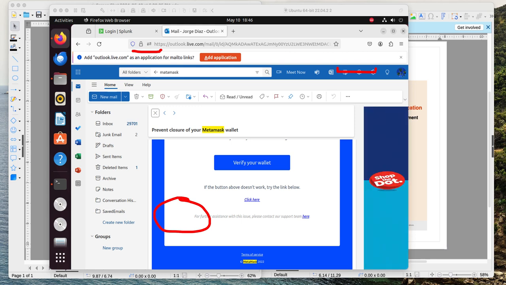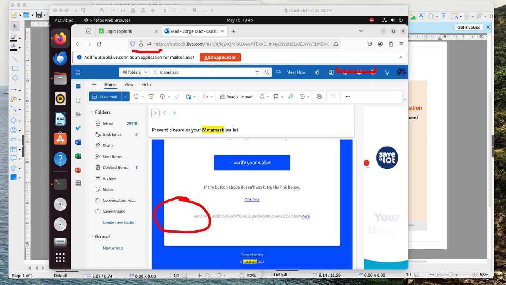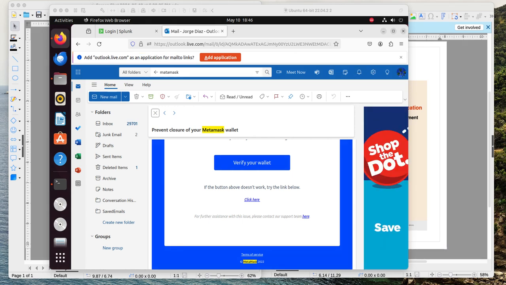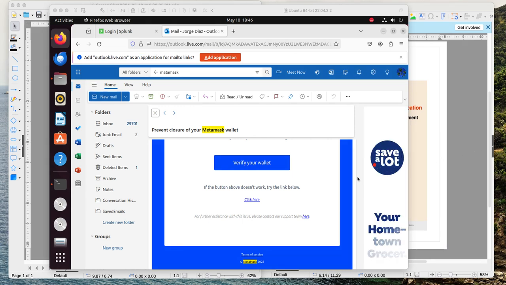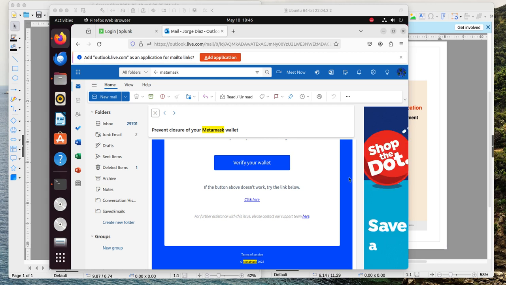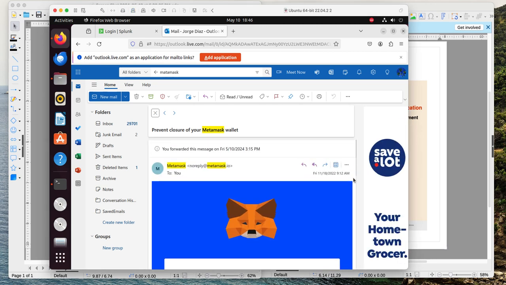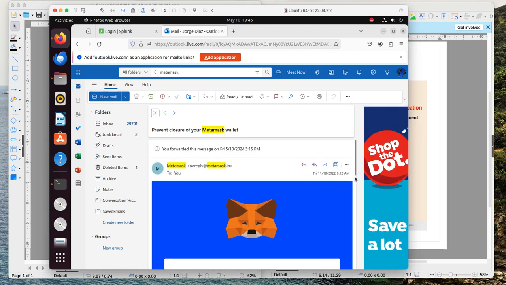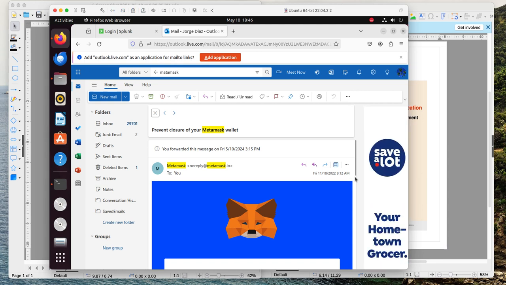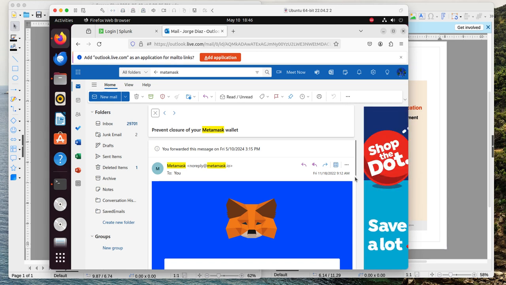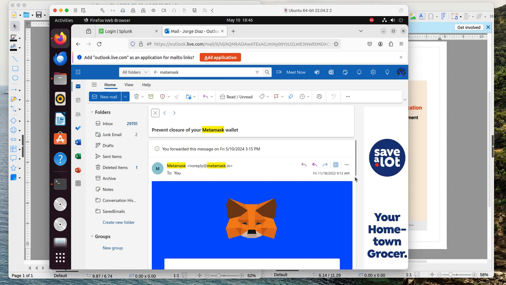Okay, and here it is. Let me close the edit, and this is an email that I've gotten many times, by the way. I just don't pay much attention to it. And if you have crypto, probably you use Metamask, or you know of Metamask, and maybe you have used it